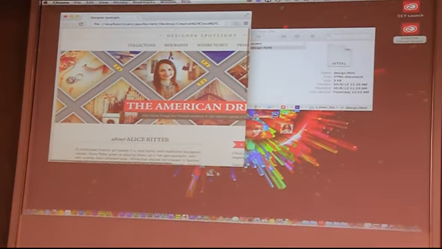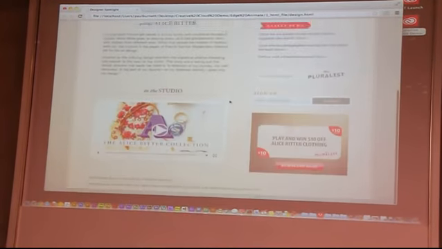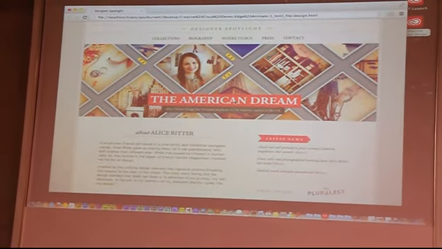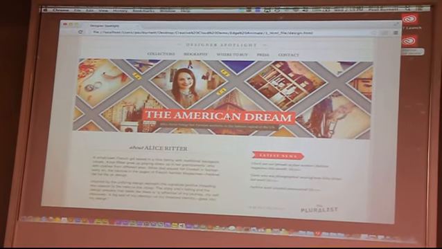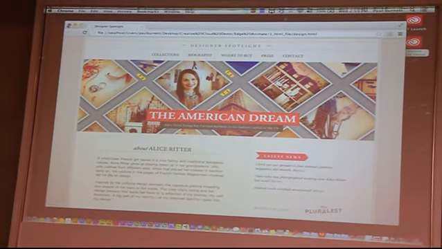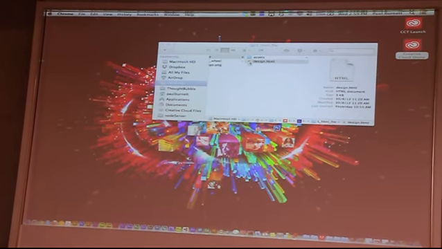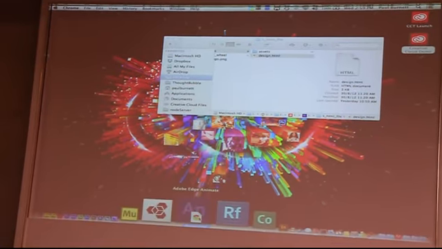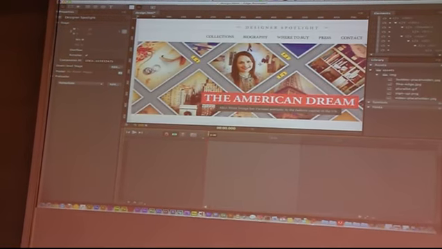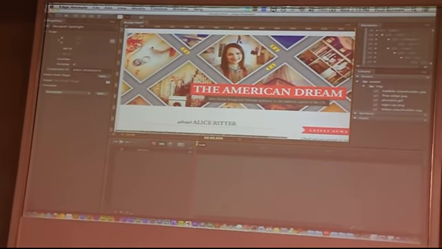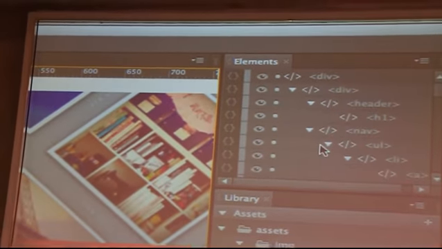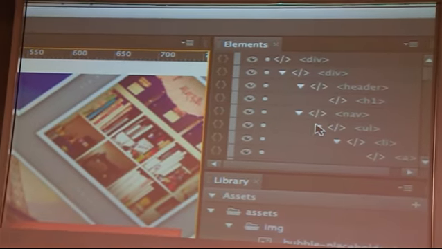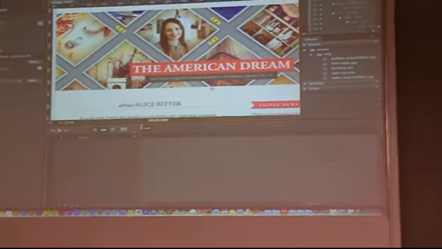Here it is running inside a browser. It's just a normal, everyday web page. Nothing exciting about it, pretty boring. This is the sort of stuff that web designers build dozens of a day. What I can do is take that file and drag it onto Edge Animate. It goes through that file, and here's that HTML file sitting inside Edge Animate. If I look up inside here, I've got all of the different elements of that HTML file, and I can now animate any of those. So if I come down here, say for example,